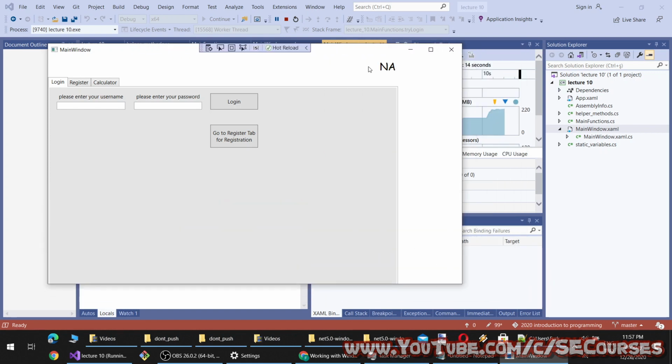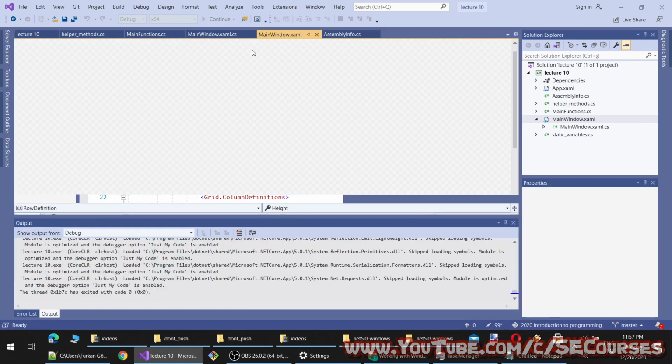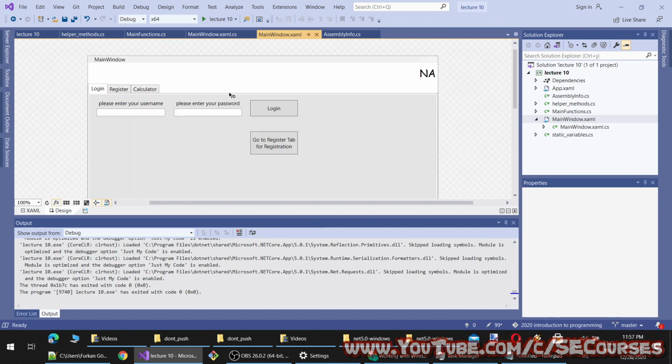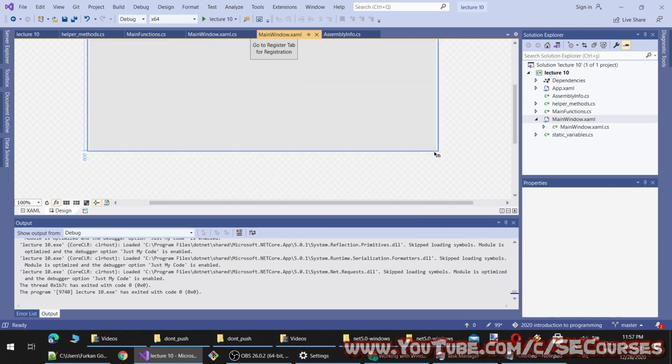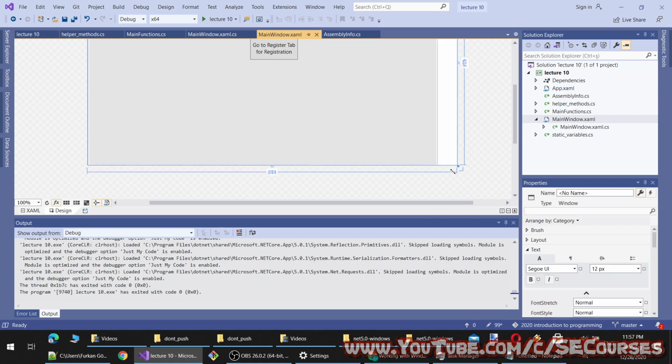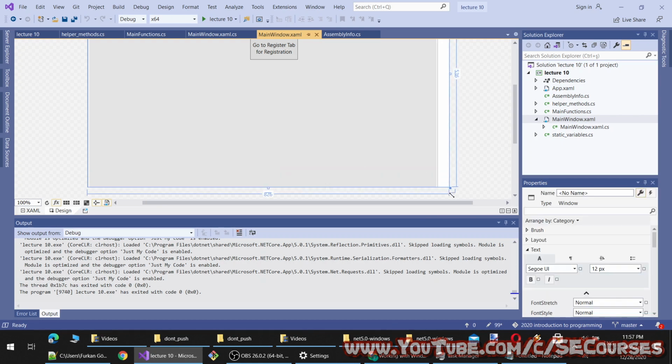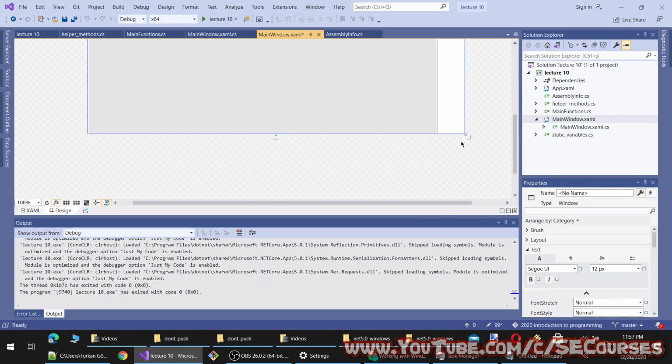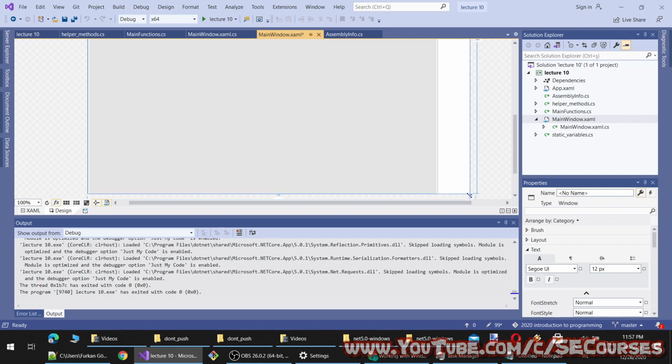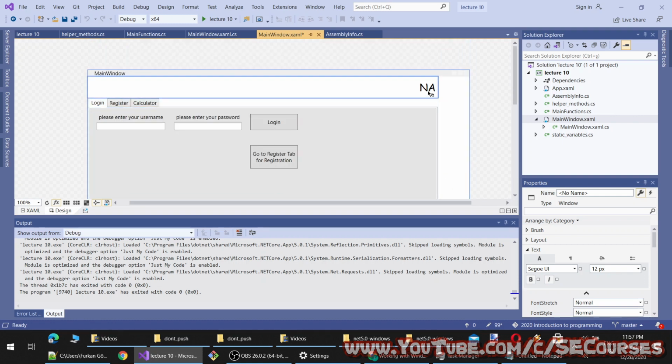Okay, you see now the size of our top panel and the label doesn't change because they are specified exactly as they are, and therefore I need to change the window size to something bigger. You see the window size is not matching the size of the panels.